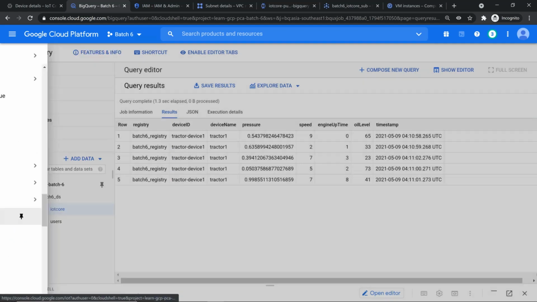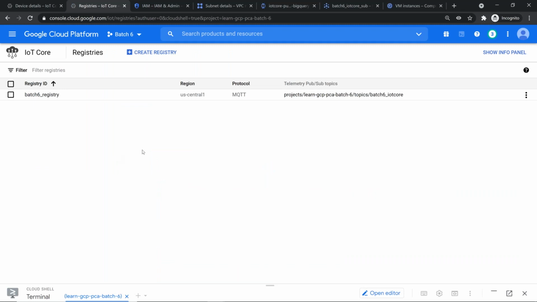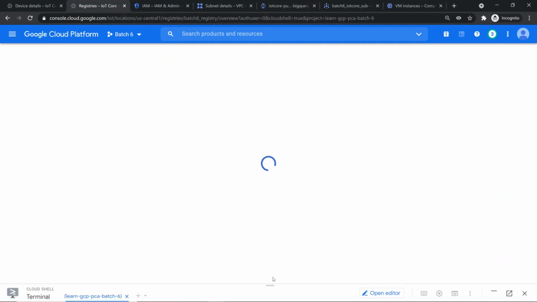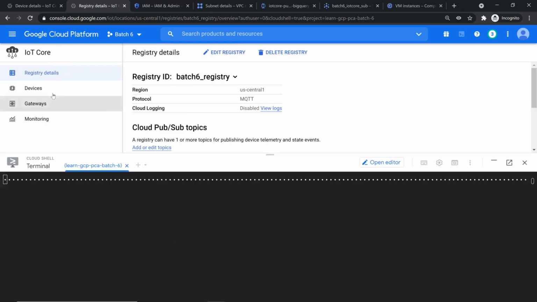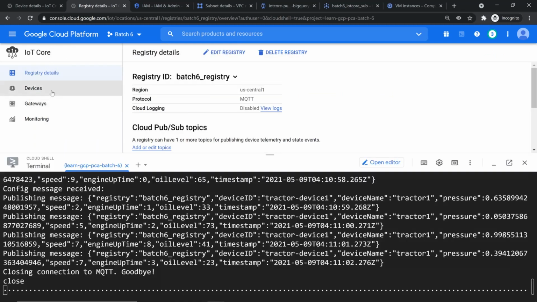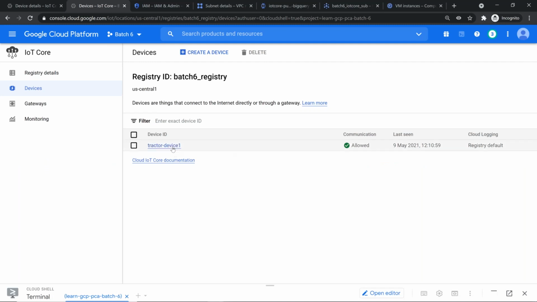IoT core in this page. The only reason is the terminal is there, so it's going to be easy for me to show you the demo. Now I'll go to this device, folks. To this device,